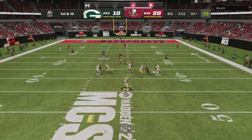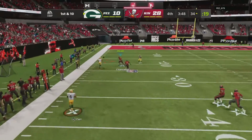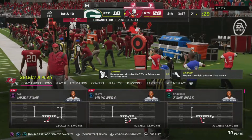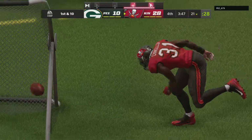Now Carr. Forced out to his left. And for the 4th time tonight, it's an interception. Picked off by the Pro Bowl safety Cam Chancellor. And the Bucs are going to get the football here as he gets this up past